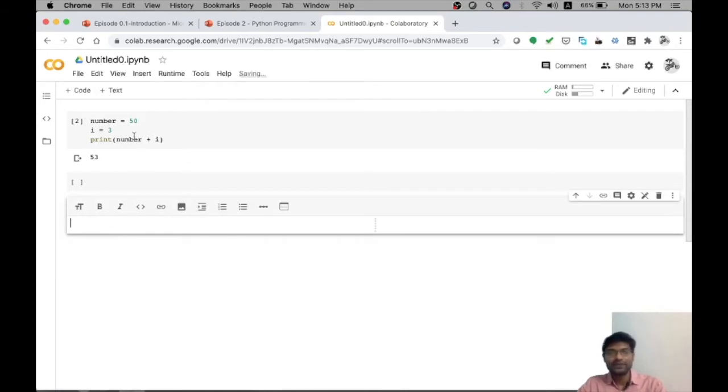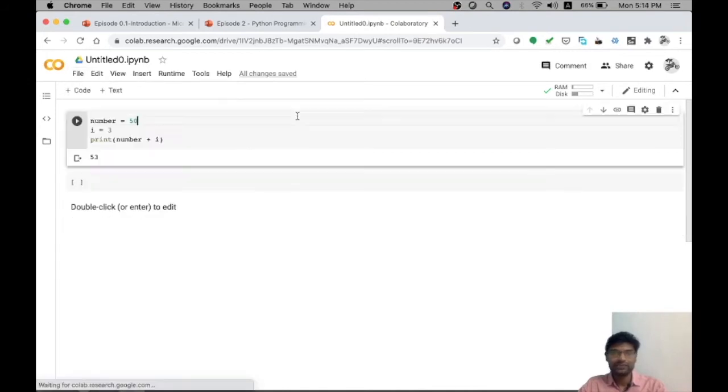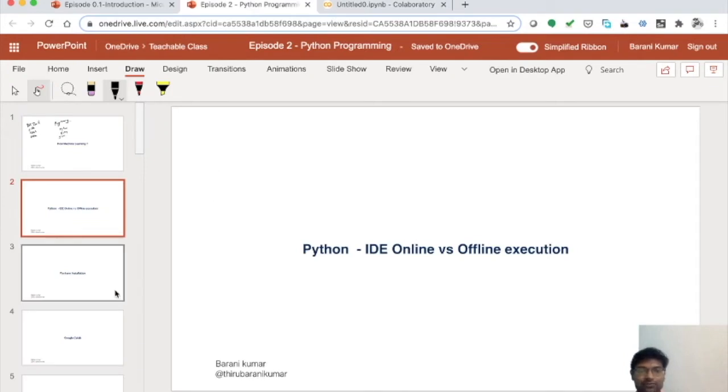So this is a simple environment where we can write our program and then execute the contents in this online notebook. Once we are done with this, our results also will be saved. You can press Control S to save and close this specific file as well. Once you log in to this portal using your Google account and set up this particular file, we'll go on to the next set of things.